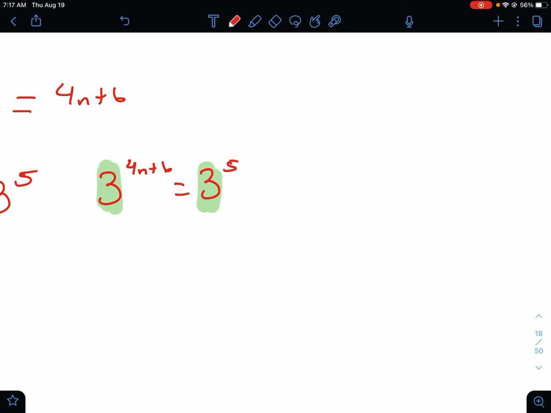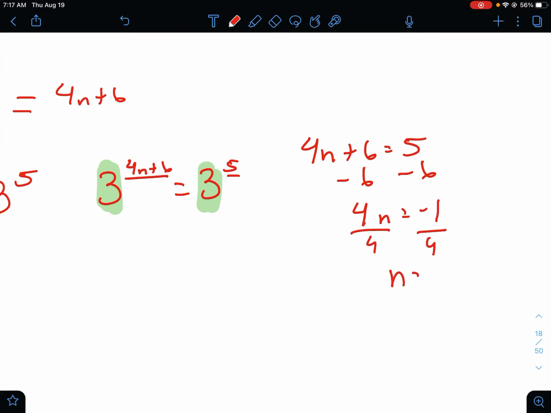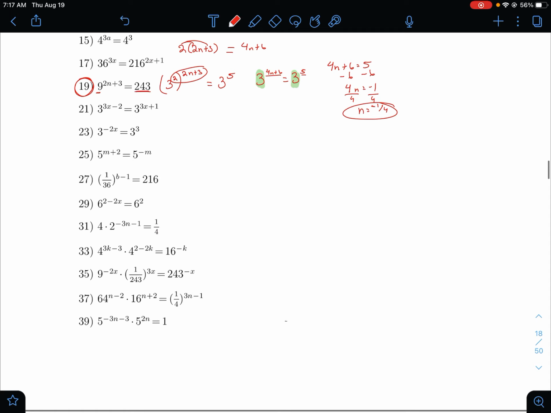And I can go ahead and take my 2 powers and set them equal to each other. I get 4n plus 6 equals 5. Minus 6, I get 4n equals negative 1. I get n equals negative 1/4. All right, so these problems are a little bit tricky. We'll do a couple more of these together in class, but definitely I want you guys to start trying them on your own and see what you can